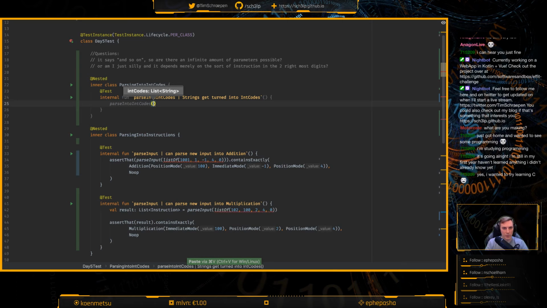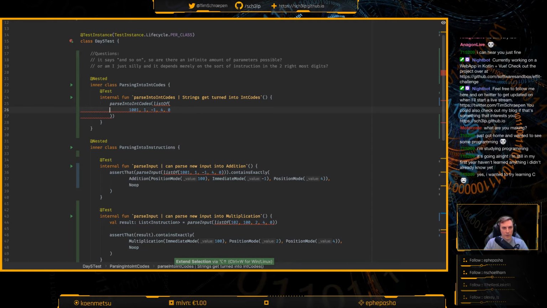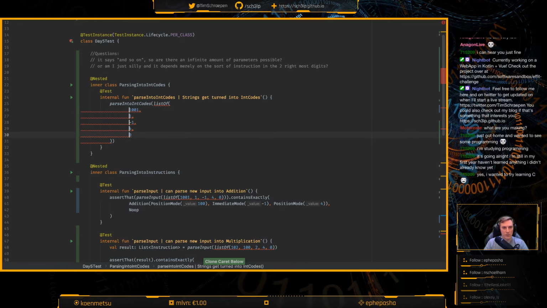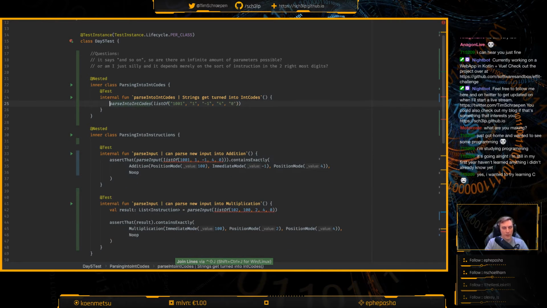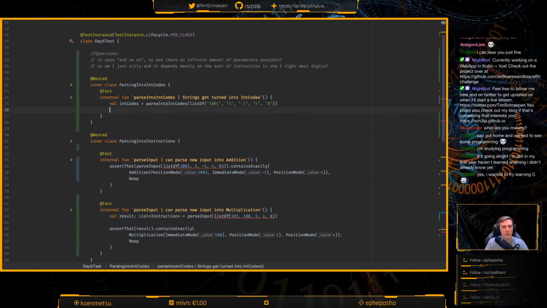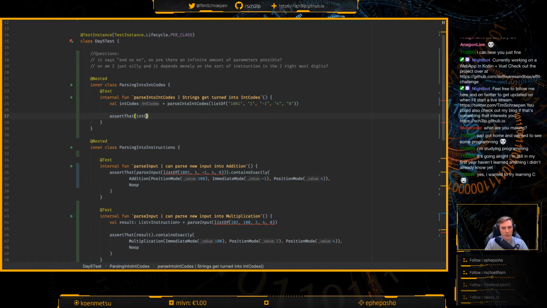This is the function I want to test. It'll take an input, which is this thing. And then what I think I want to do is turn these into strings, and then of course I forgot the minus there. There we go. And then assign this to int codes, and then I can assert that these int codes